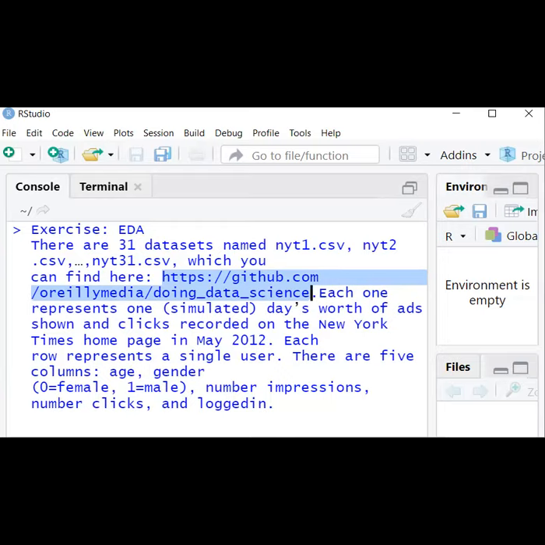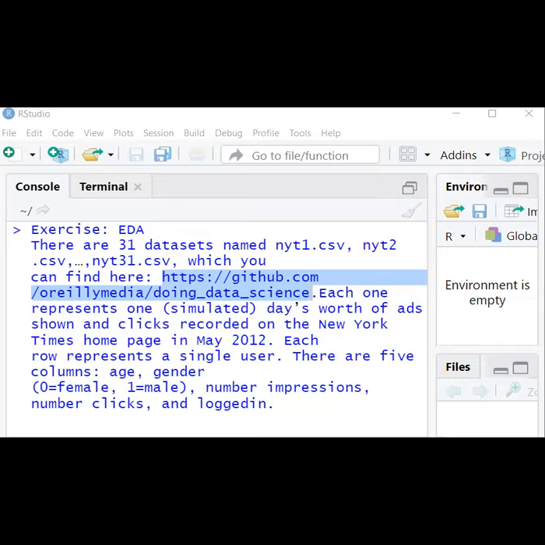Gender is represented in binary: 0 indicates female, and 1 indicates male. Then number of impressions, number of clicks, and logged in. So these 5 columns are present in that CSV file.